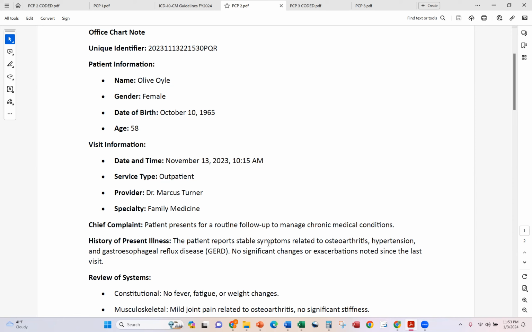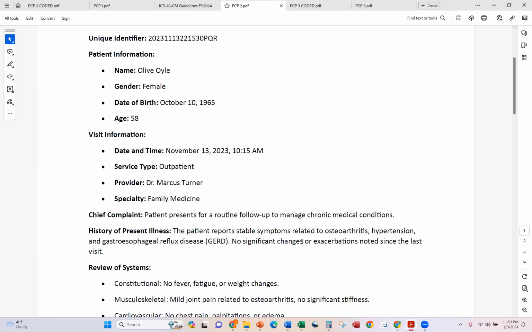She reports stable symptoms related to osteoarthritis, hypertension, and gastroesophageal reflux disease, or GERD. She reports no significant changes or exacerbations noted since the last visit.